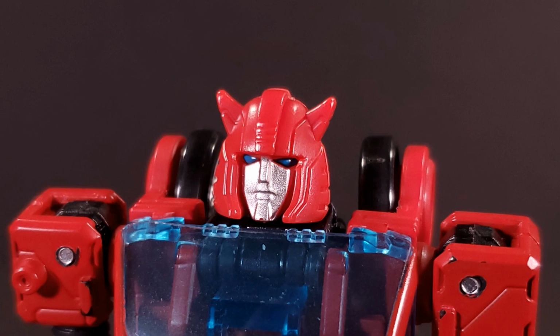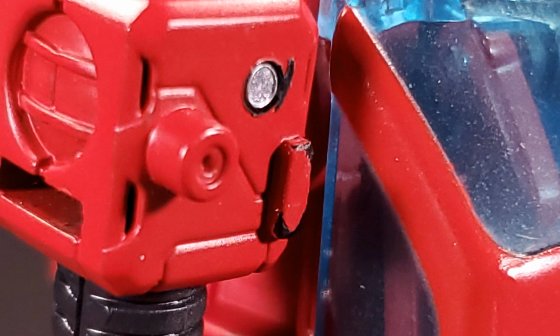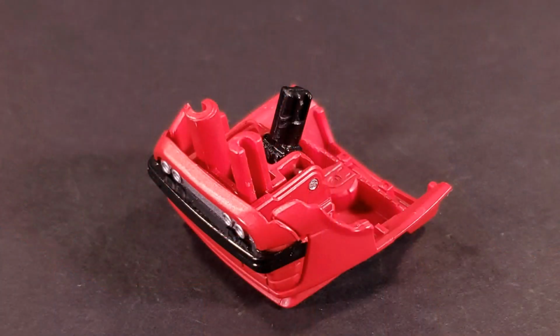If you notice, however, his head and his biceps are both cast in red plastic. In that case, why is every other part just painted red? It feels like this figure got the short end of the stick in all manners, from his diminutive size and what feels like a completely wasted paint budget. I'm honestly just dumbfounded. The rear window, which we pulled off during transformation, has a black peg on the inside,